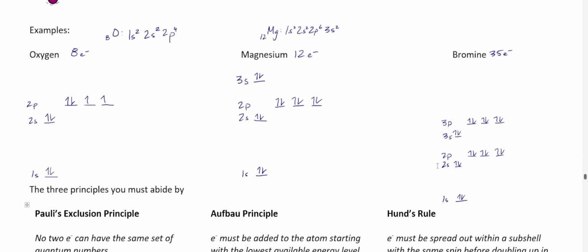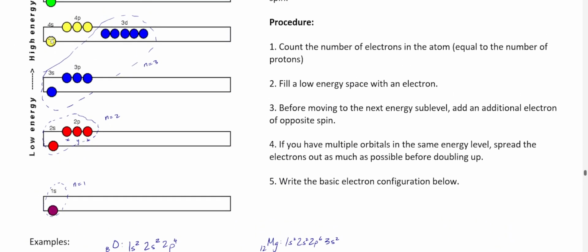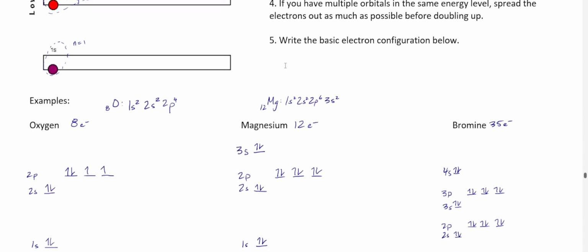So after 3p, I'm going to go to 4s, and I fill that with 2 electrons. After I've filled 4s with 2 electrons, then I go to 3d, and as you can see, 3d is further indented. So I go 3d, and I put them over here to the side, 1, 2, 3, 4, 5. Okay, fill those up. All right, and then I can go to 4p. And now that I'm in my last subshell here,